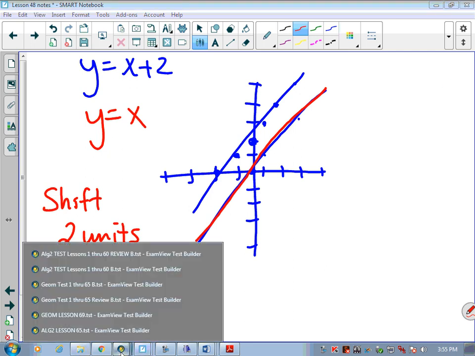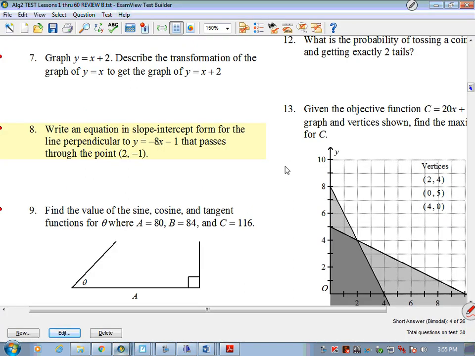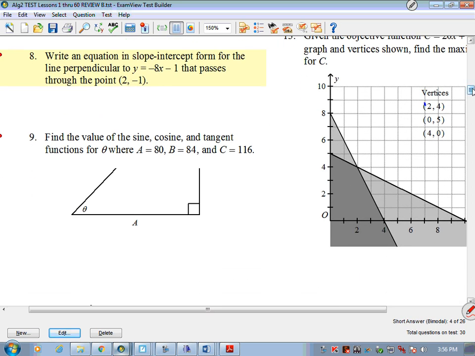Okay, let's come back to our question right here. Question number 8. Write an equation in slope-intercept form for the line perpendicular to y equals negative 8x minus 1 that passes through this point. Well, if it's perpendicular, that means I'm going to take this negative 8 and make the reciprocal opposite. So I should get a slope of 1/8. 1/8 is perpendicular. And I'm going to use 2, negative 1,